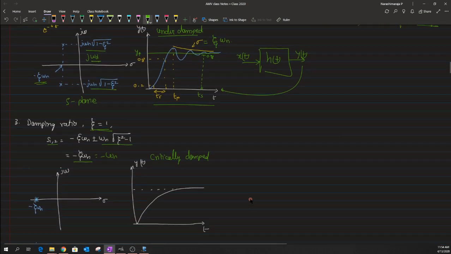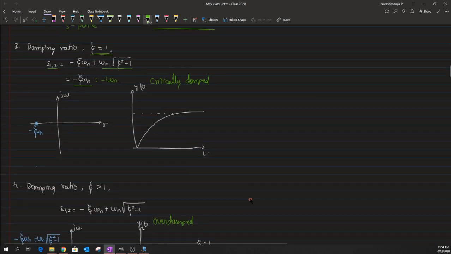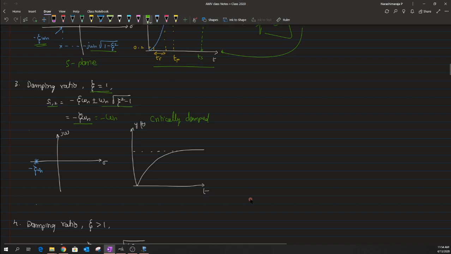So as you could see, across this S plane we have two poles sitting one on top of each other, and the output response for a step input would